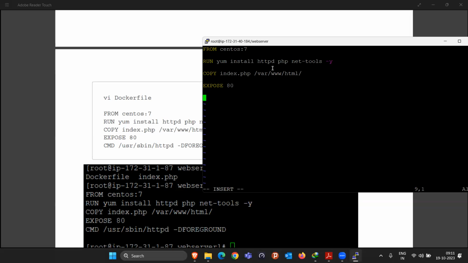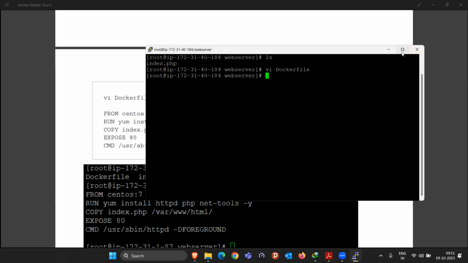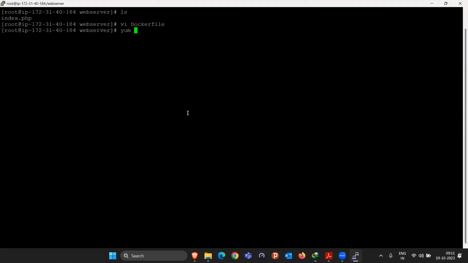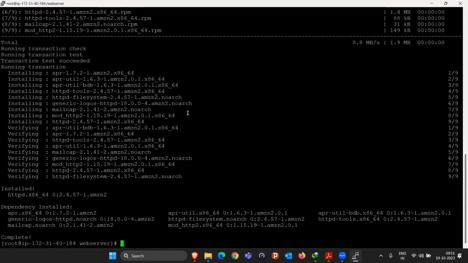Okay, so let me just save this file. It is not currently completed. So currently this is our EC2 instance. I'm not inside any Docker container or anything currently. Okay, so take an example inside this EC2 instance. If I'm installing the software like yum install httpd -y, so currently I'm just installing the httpd package. Okay, and if I try to do systemctl start httpd, then this package is going to be started,